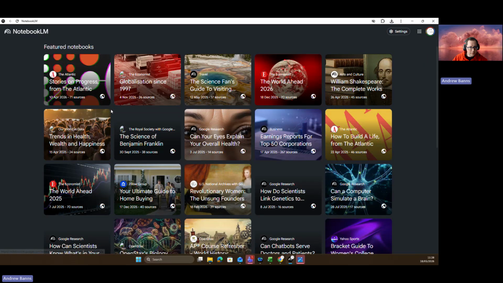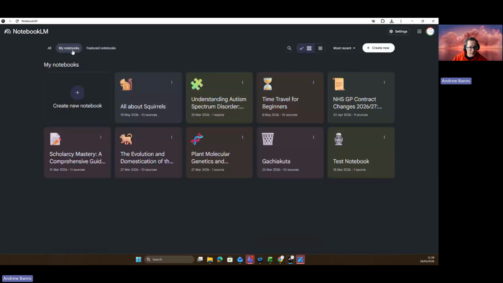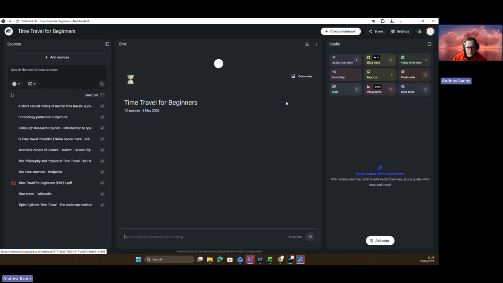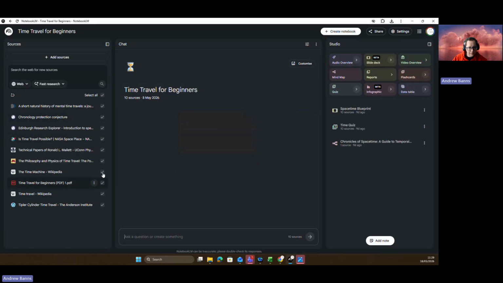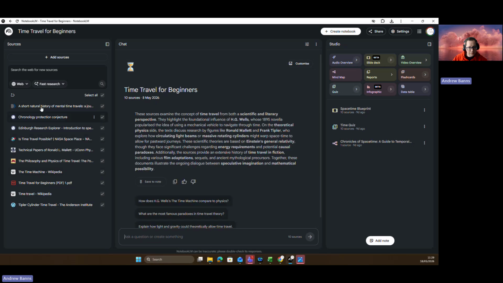If I can find it. There we go, my notebooks. So all sorts of random ones from different things. This is one that I created from, in fact, no, let's just show you one from a PDF. This one was a PDF uploaded, and I also added some sources from the web as well. So these are a couple of things that I made earlier. So this is the